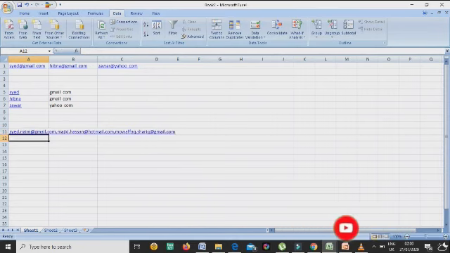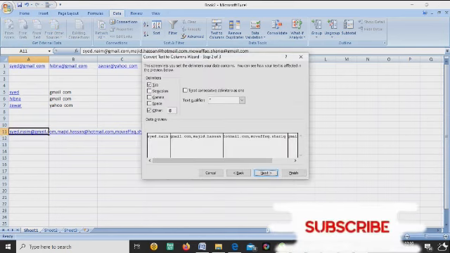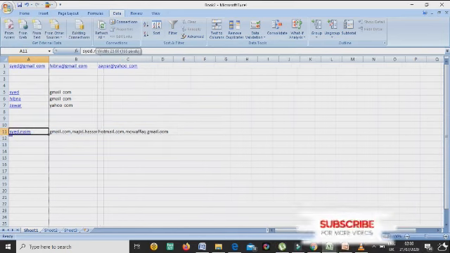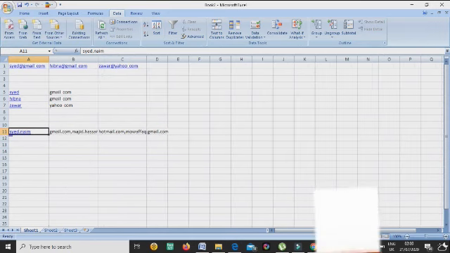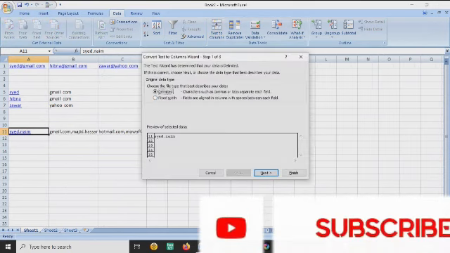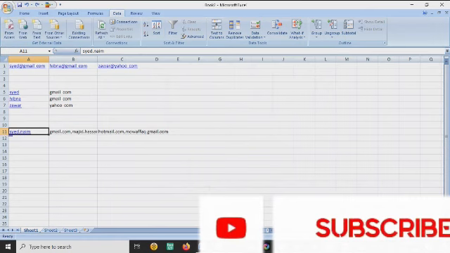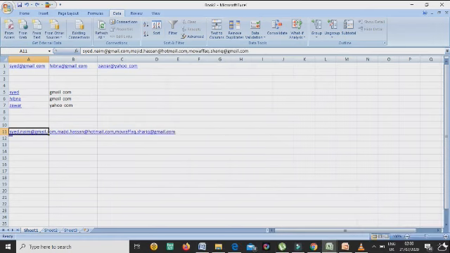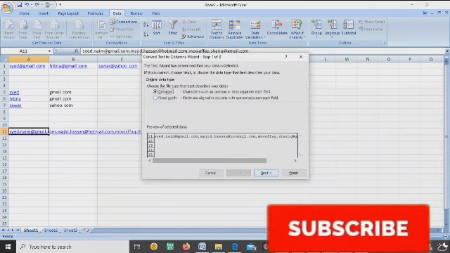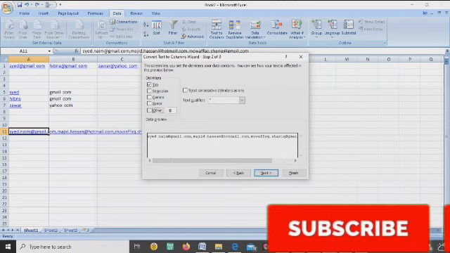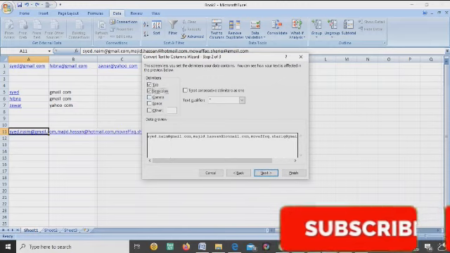Mofak.sharik@gmail.com. Now I will do the same process. I will come to the first one. I will click on Text to Columns. I will select comma and space. Before, I used at the rate of, which had the same problem. So I will select the comma and space, click next, and comma and space, remove the others and click